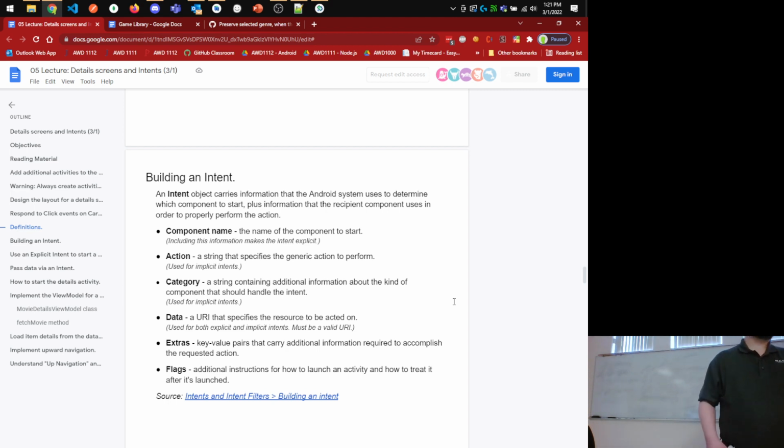So data specifically has to be a URI. Okay, it has to be the URI of the resource that you're trying to operate on or take an action on. So for instance, if you're trying to open up a web page, then that URI is going to be the URL of the web page. If I'm trying to open a file, then it would be the URI for that file. Remember that web URLs typically start with HTTP: or HTTPS: